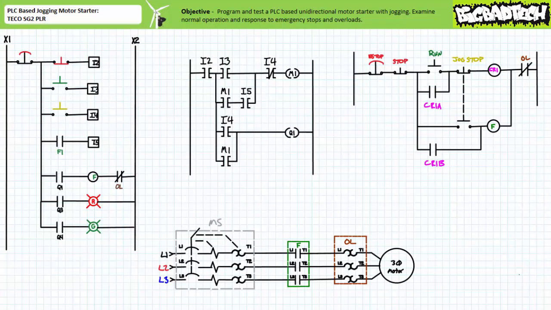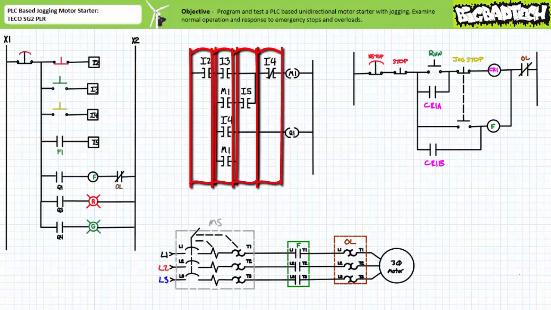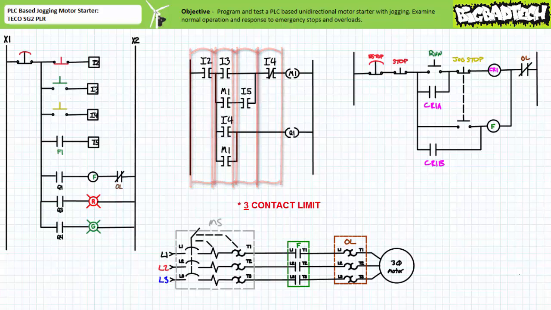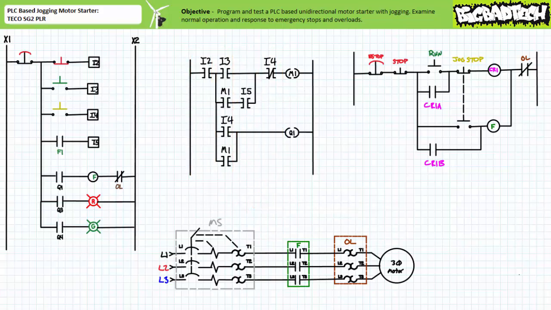One might propose the following program, almost a direct copy of the hardwired implementation, only to have our dreams shattered into so many tiny pieces because it violates the space limitations of the TECO SG2 PLR. Note this implementation requires the use of 4 contact entries, in clear violation of the 4 contact entry limit per rung. This being said, it's close and worthy of our inspection. If this program works as intended, we may be able to chop its arms and legs off, roll it up and stuff it in a small box and stomp the lid closed if we get creative and/or